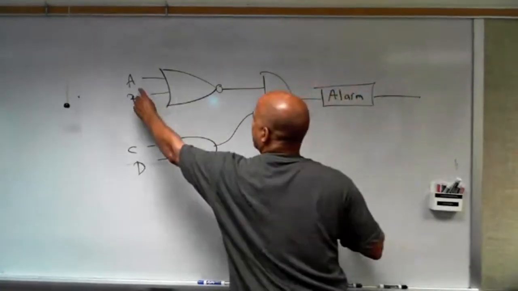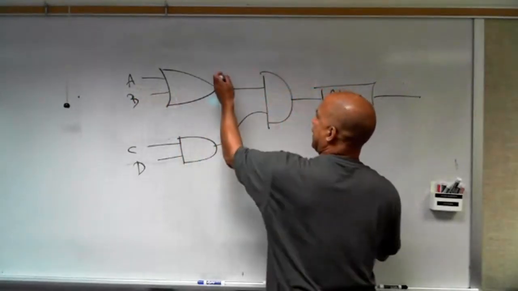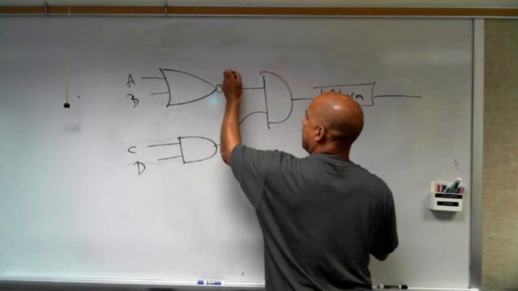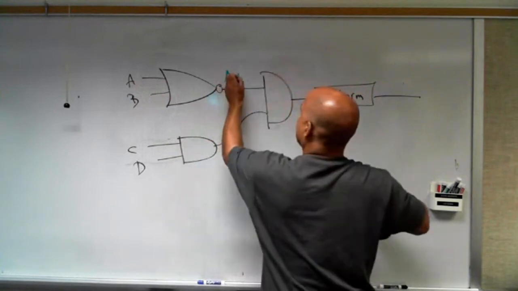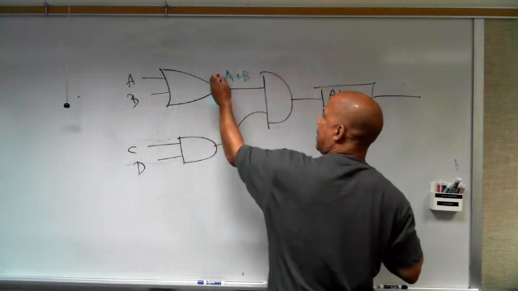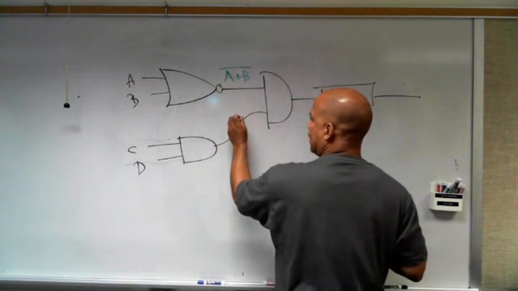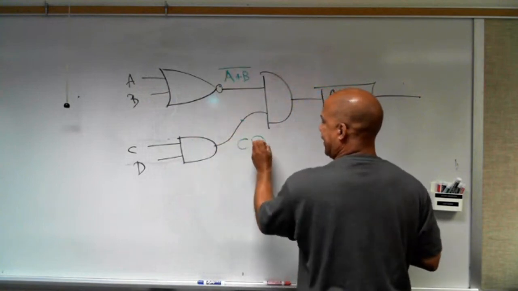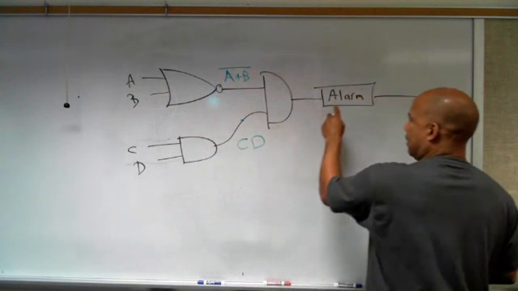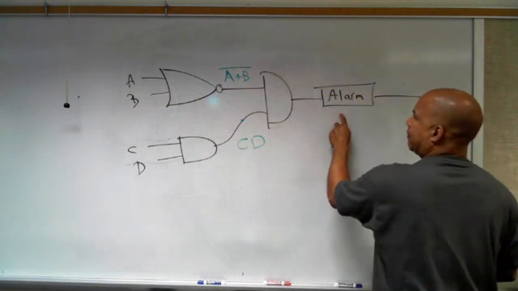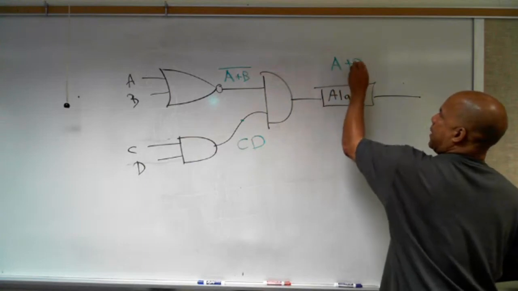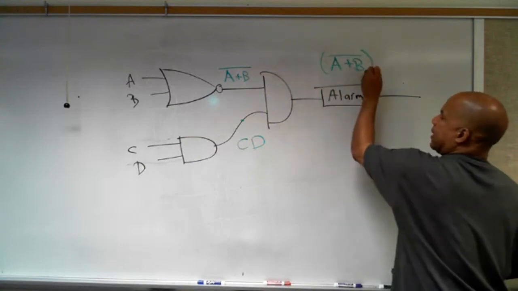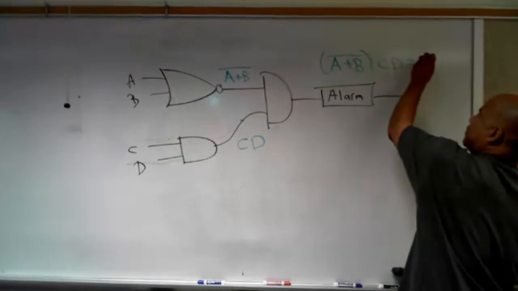Right here, this is OR, so I got A or B. But when it hits that bubble, that's knotted. And at this point, I got C and D, and they're ANDed together. So if I write this out, I'll end up with A bar B, the whole thing, C D equals